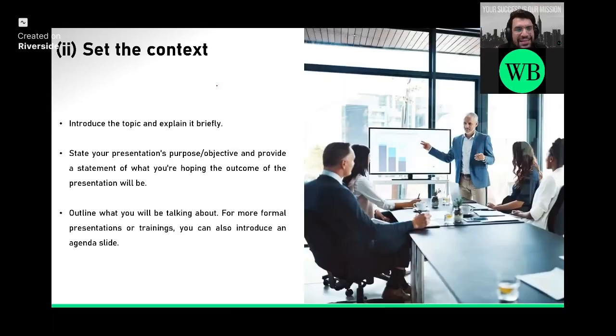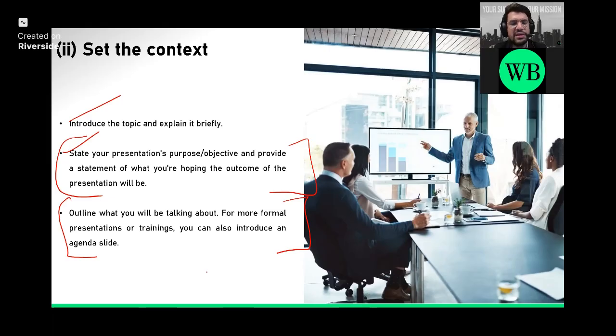Okay, now set the context. What can you do in setting the context in the introduction? Introduce the topic and explain it briefly. State your presentation purpose, objective, and provide a statement of what you're hoping the outcome of the presentation will be, right? So this is something that we've spoken about. Outline what you will be talking about. More formal presentations or trainings, you can also introduce an agenda slide. So let me just speak about this very